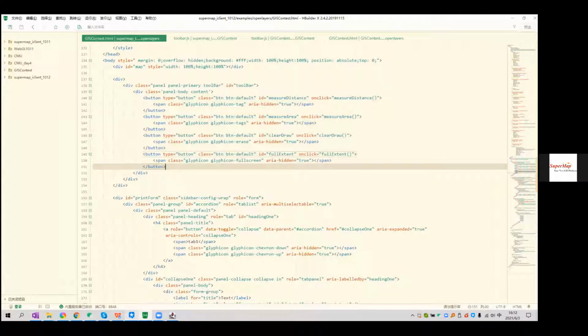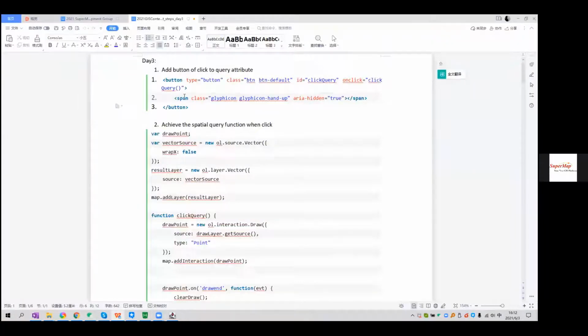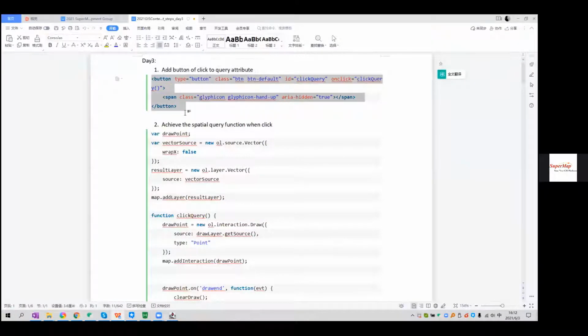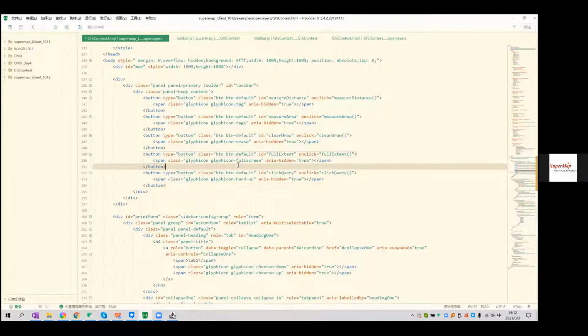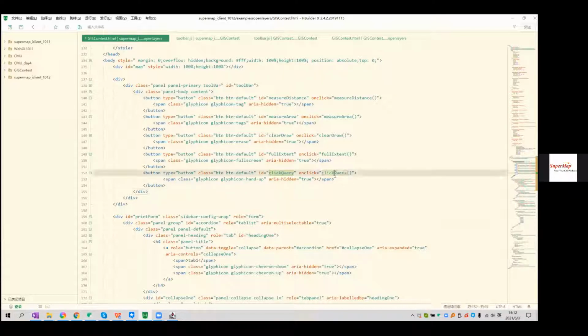Okay, so we can refer to the code here and copy the code, put it here. And then we can see here we use the hand up icon to show the query function. And also the ID of this button is click query, and the function is click query. Okay. When we save it and go back to our code, we can see